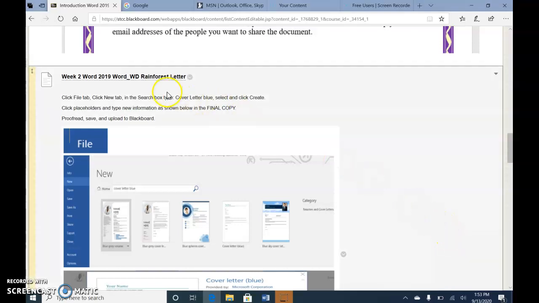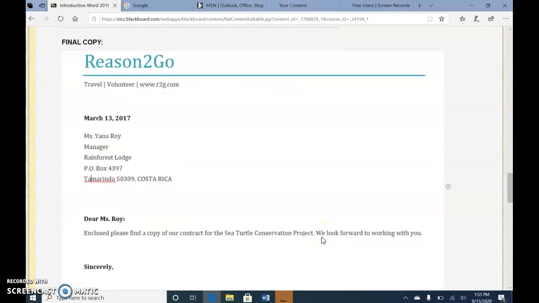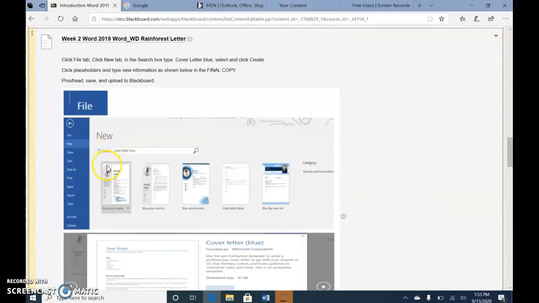Our next assignment is Word WD Rainforest Letter. And again, for this assignment, you probably want to split your screen. So I'm going to scroll down to what we're going to do. The direction says we're doing what's called a template. So this is a letter that's pre-started, and we're just going to click what's called placeholders and type the actual